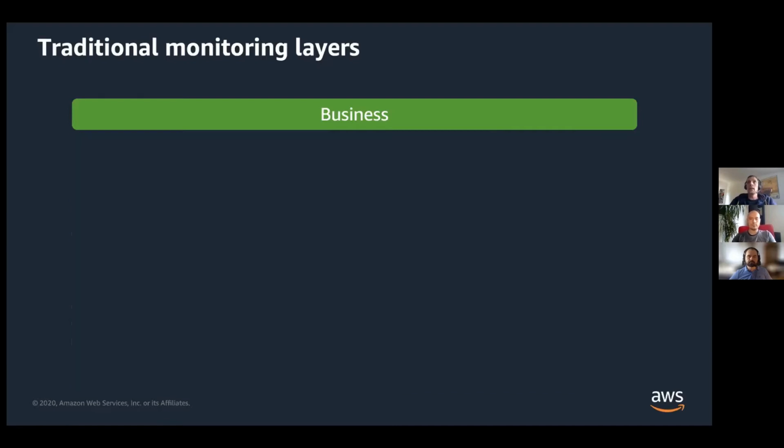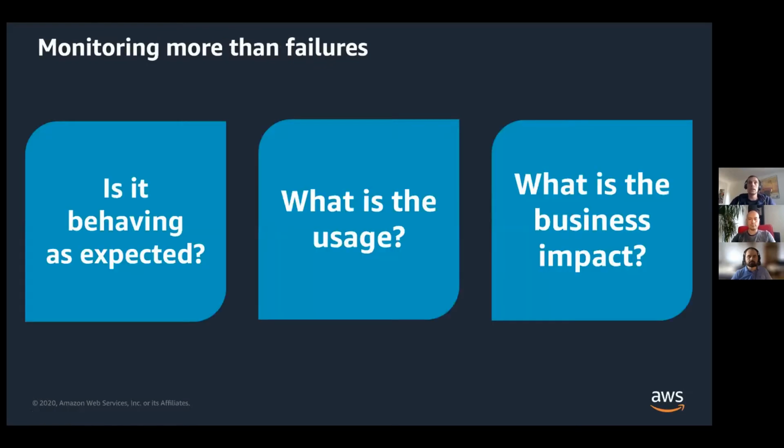Having CPU, RAM, and I/O metrics, for instance, even if it's green, does not always mean your system is healthy. And one of the good ways to really know the health of a system is to set key performance indicators, so metrics and thresholds based on your business. So is your application actually performing as expected?